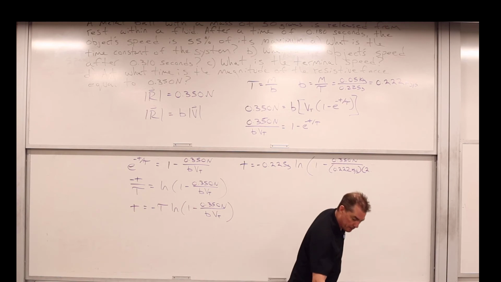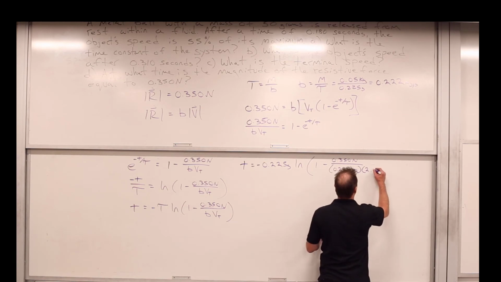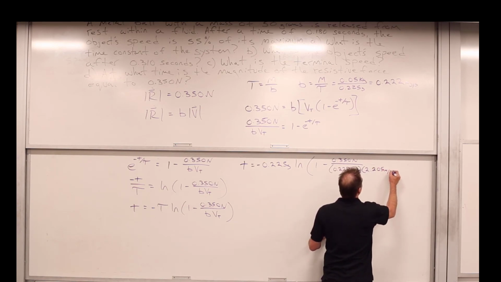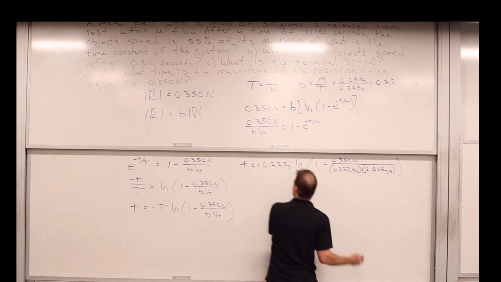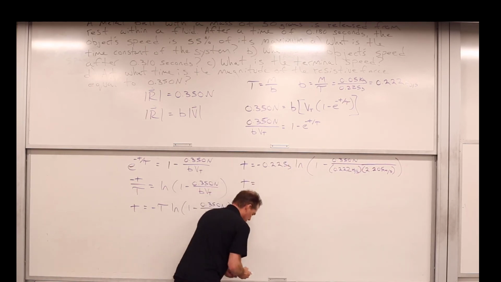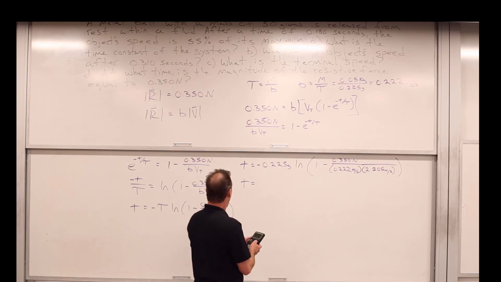So, let me make sure here. We've got 2.205. Wasn't a big mistake. 2.205 meters per second. And this is what we've got. So we'll have that the resistive force is equal to 0.35 newtons at a time of